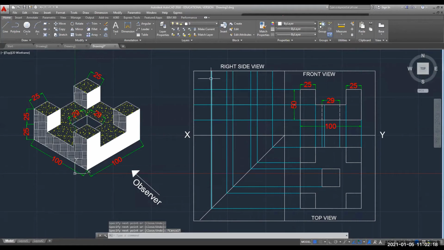Now I'm going to reduce this blue color line so that my baseline will be clearly visible.